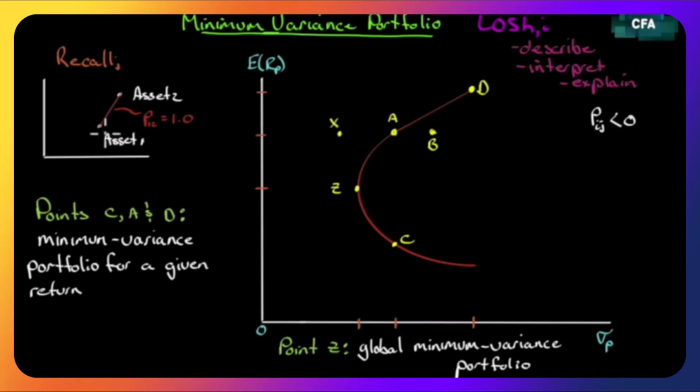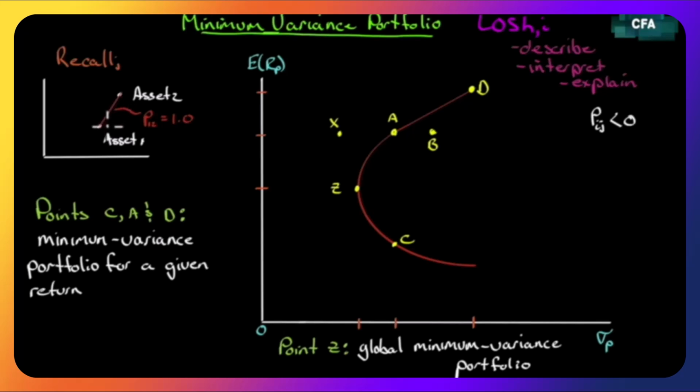All right, so let's recall up here we have two assets. This will just set the stage for what we're about to do. We have two assets, asset 1 and asset 2, and they're perfectly correlated, which means that as we move our weighting away from asset 1 towards asset 2, as we slowly add more of asset 2, since they're perfectly correlated, we will get more return, but with more risk at each and every step along the way.